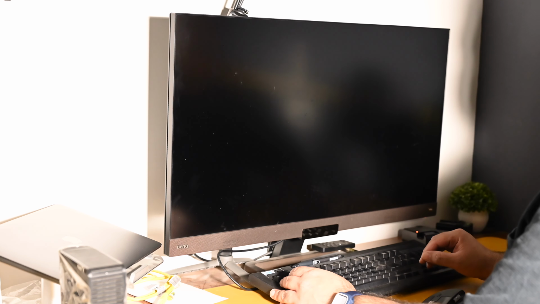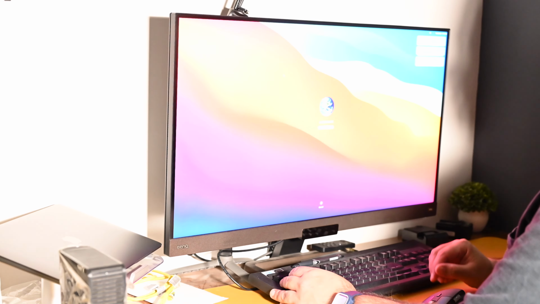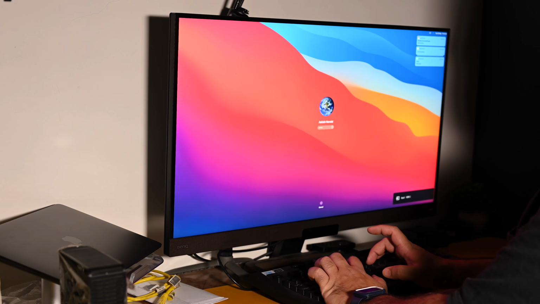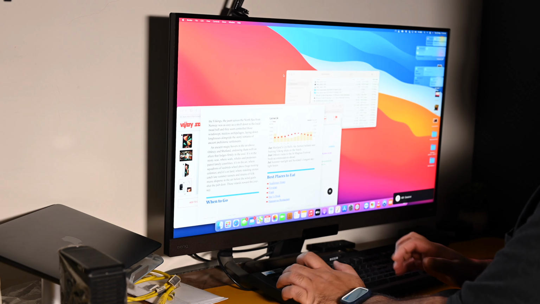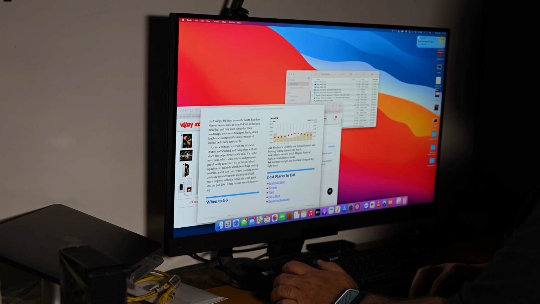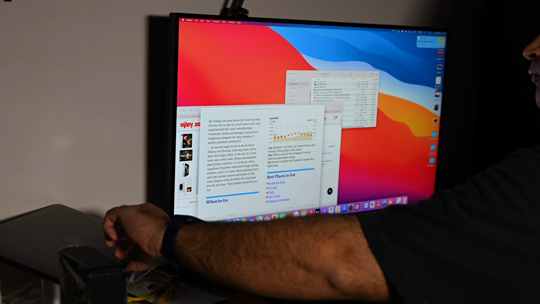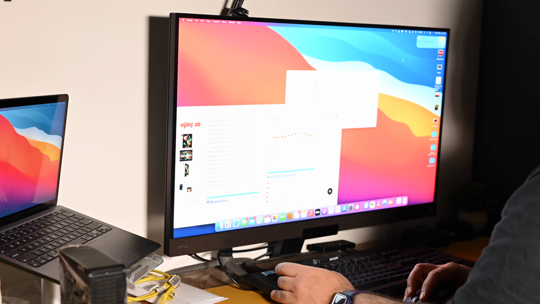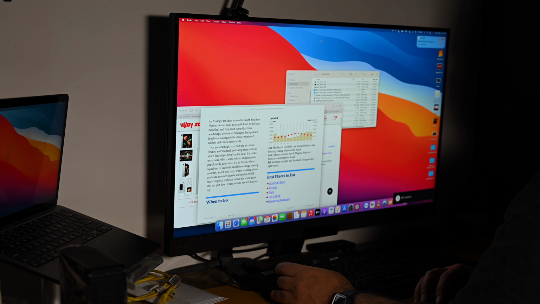And if you want to see a list of improvements within 11.3.1 and 11.3, I will leave links in the description. You can check that out in the support document. But for me personally, the biggest improvement has been that whenever I wake up this computer now from sleep, it will output to the correct resolution to the external display, which makes your life a lot easier. It may not seem like a big thing, but when you do this repeatedly 10 times a day and having to open and close the lid just to get the correct resolution, this was certainly a very frustrating problem. But that has now long gone, so it's good news.